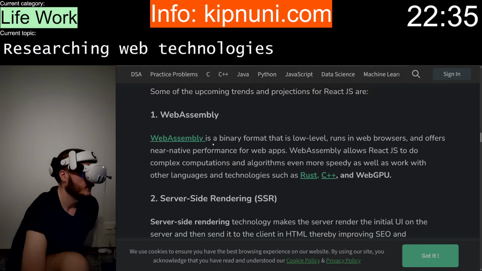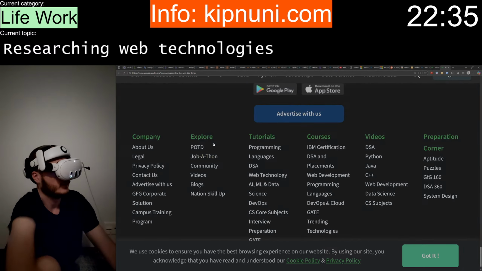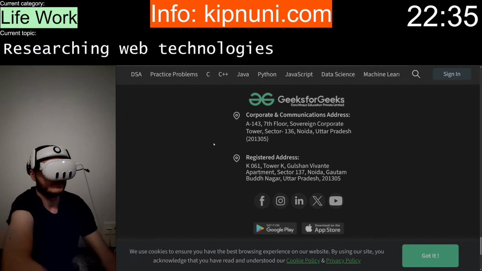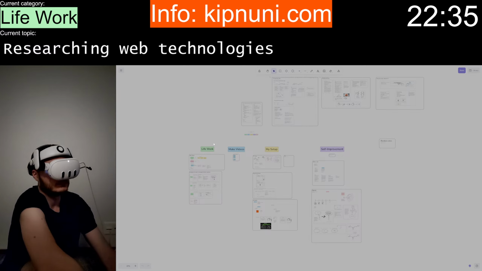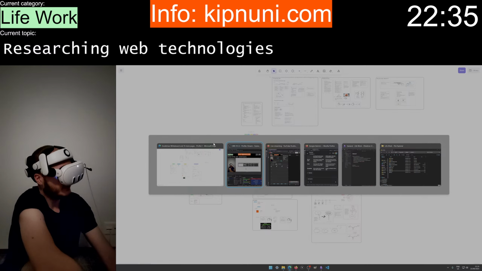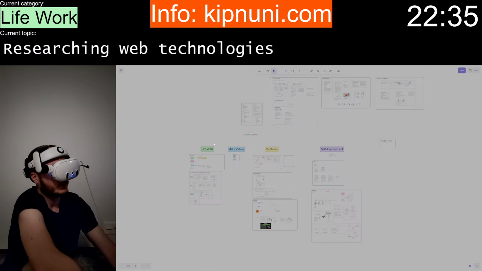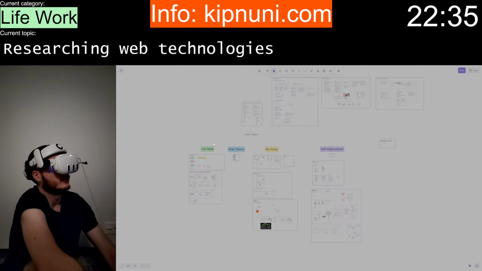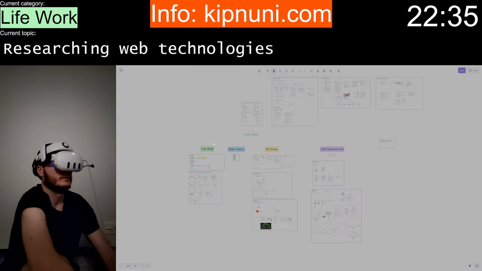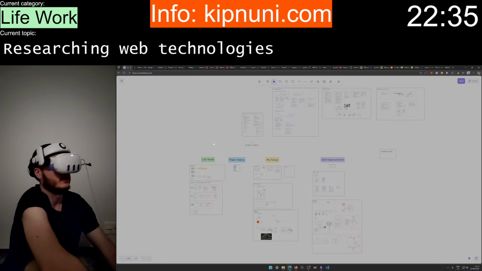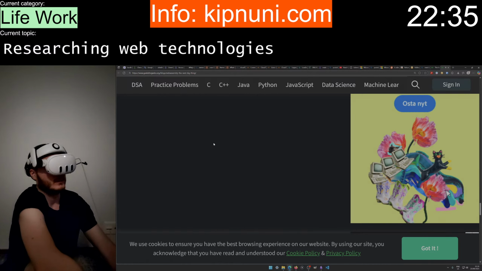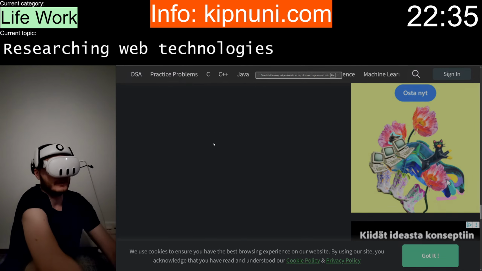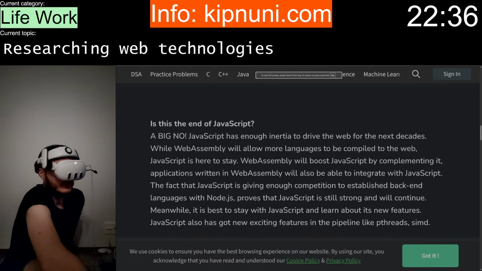WebAssembly. Have I searched? Do I know this? Did I just... No. Wait. I think maybe this is the problem. Not familiar with the Vimium all the codes.